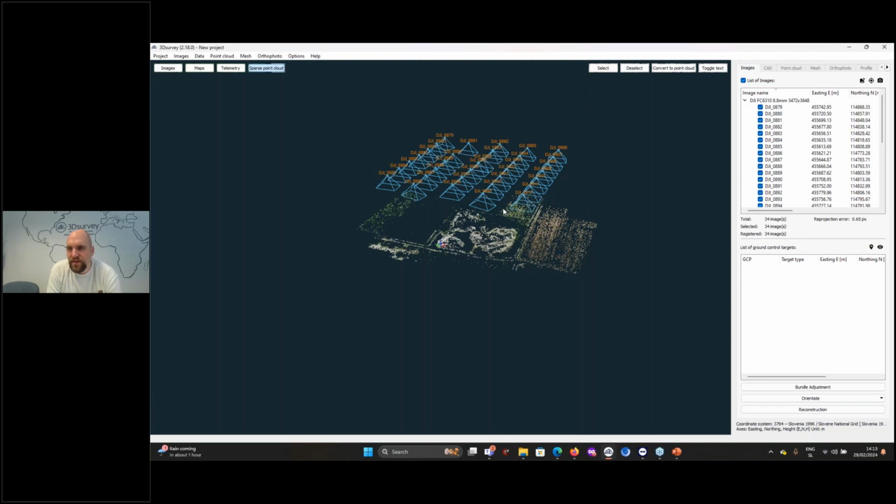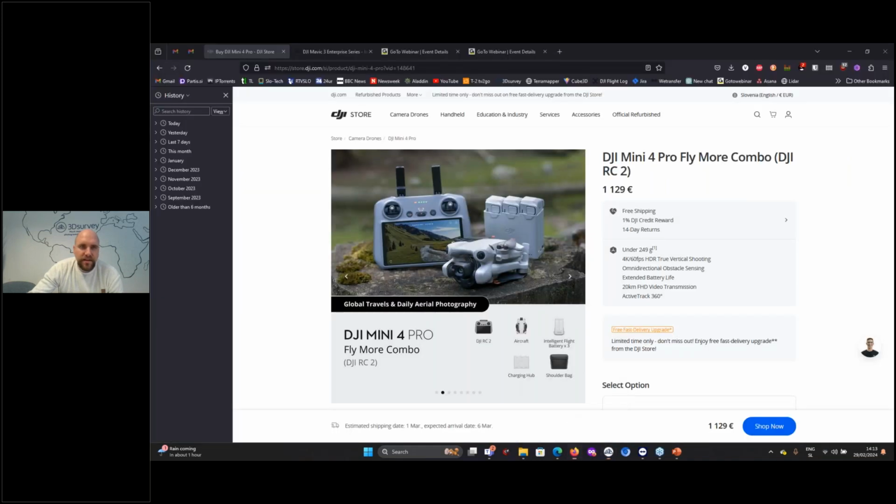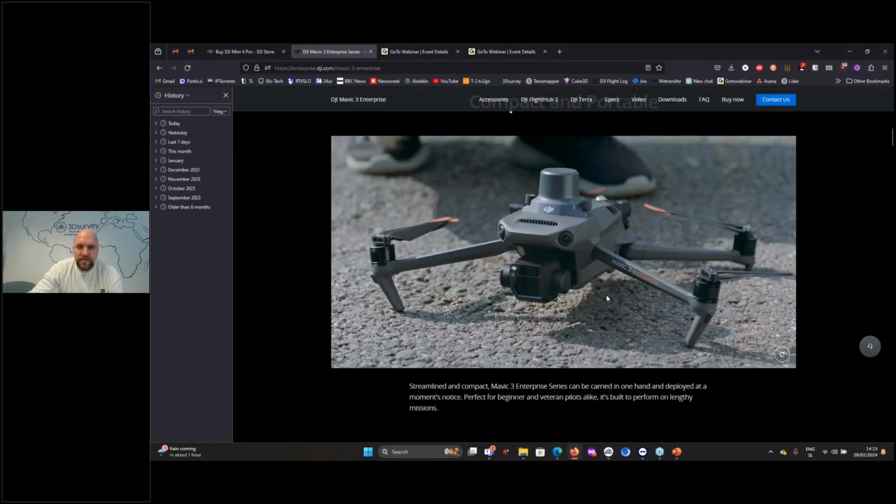We can do that, but in the end, it is still a lot better if you have a drone with a global shutter camera. And then the second added value of this more advanced drone is it has RTK GPS on board. That means that we have more accurate positions where the images were recorded. Right.